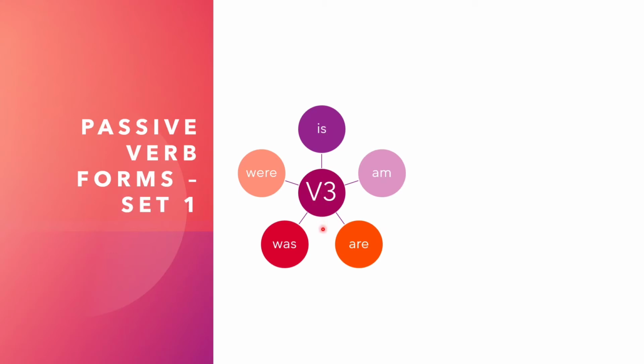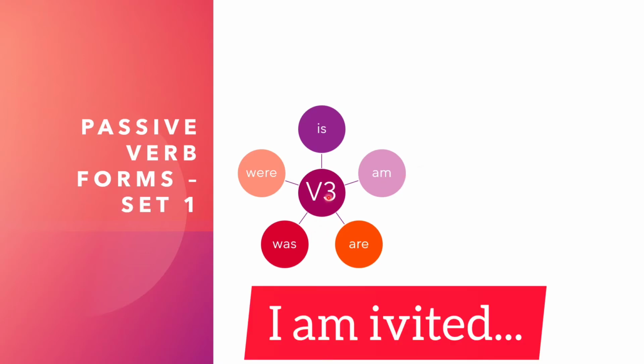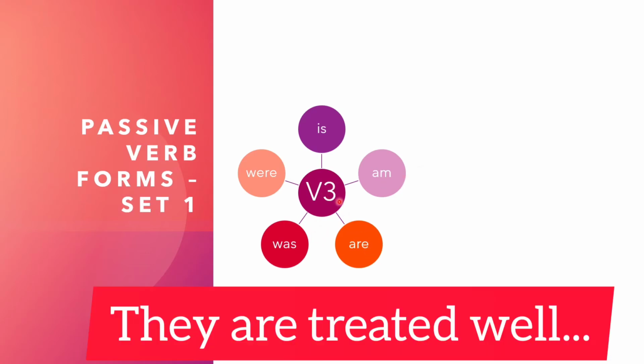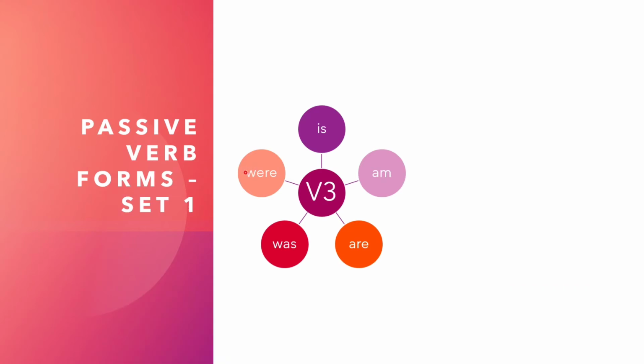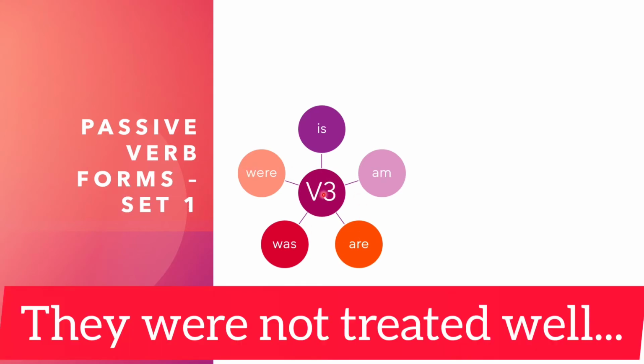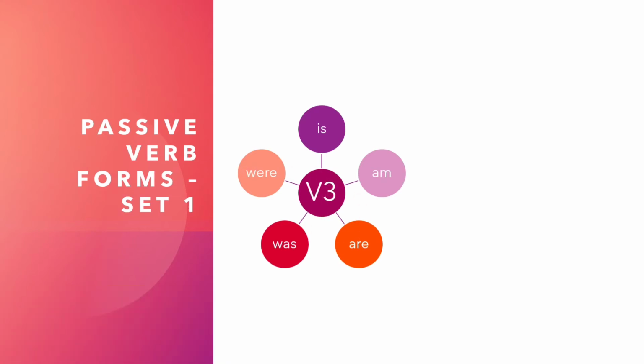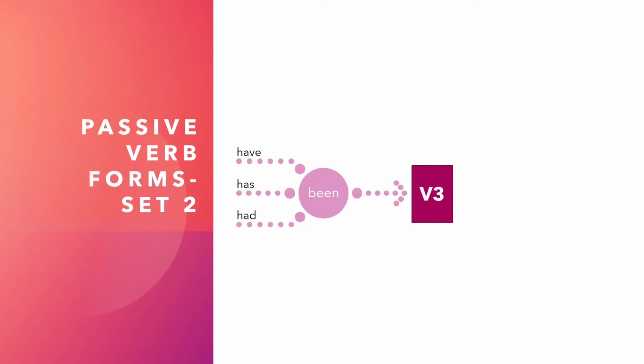For example, something is done, it is passive voice. I am invited, it is passive voice. They are treated well, that is passive voice. He was not invited, this is passive voice. They were not treated well, this is passive voice. So this is the first set of passive voice verb forms, set 1. So you can make some sentences like this, or you can make it like this, passive voice verb form set